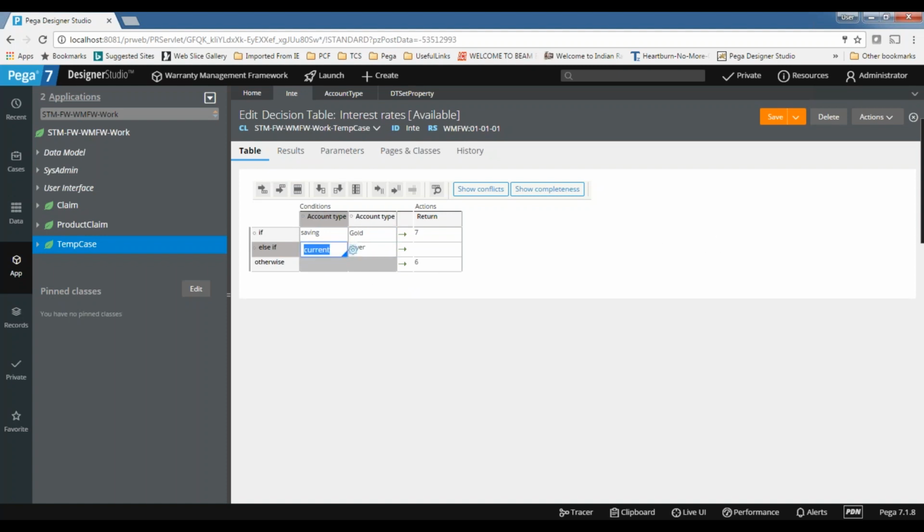So here actually, if you want to check the savings account gold or silver, then we have to add one more row. One more you need to add. That's what I'm saying. Here you need to do permutations, combinations. Got it. Silver.